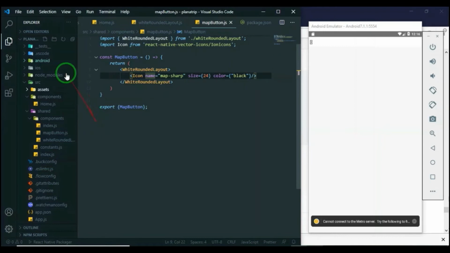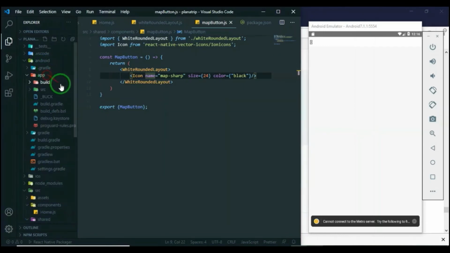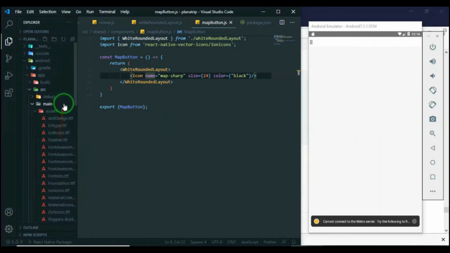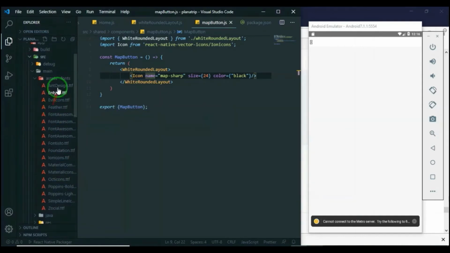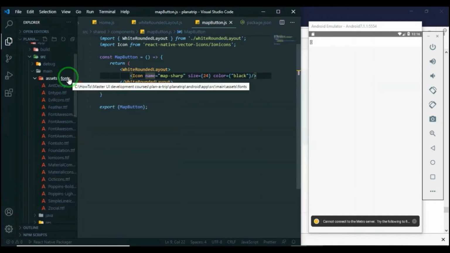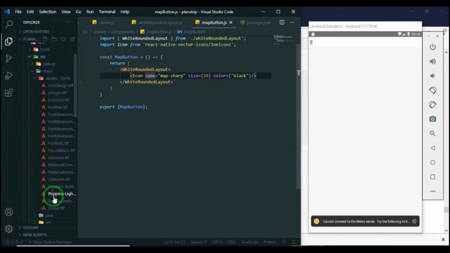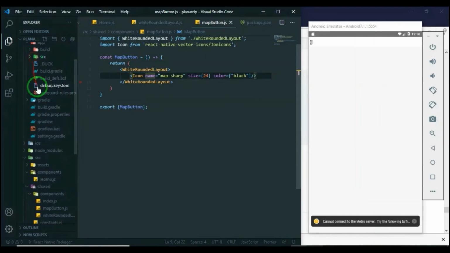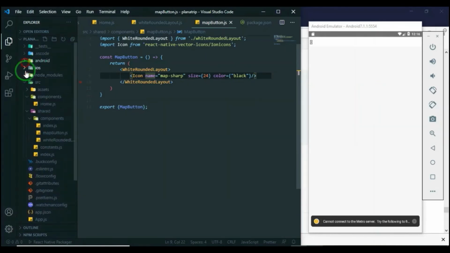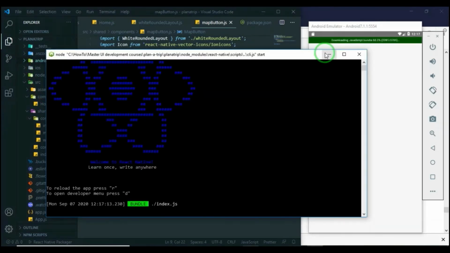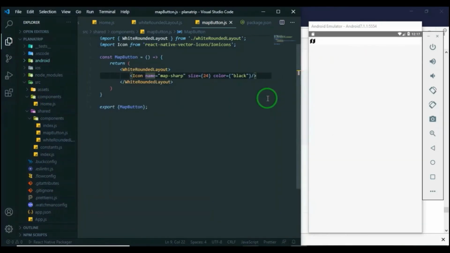Now let's check if it's linked correctly. Android app src main, and you see that in the fonts folder we have all the icons in TTF format, and that's it. Okay, our icon is showing up finally, and here you see that our button has been expanded full width, but